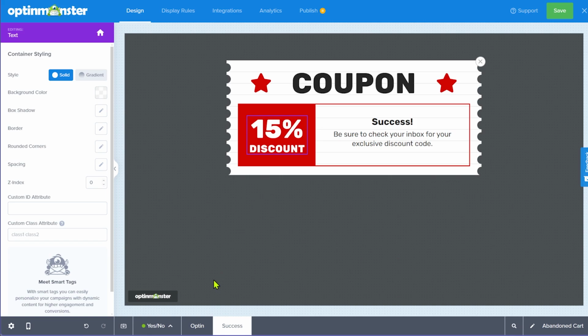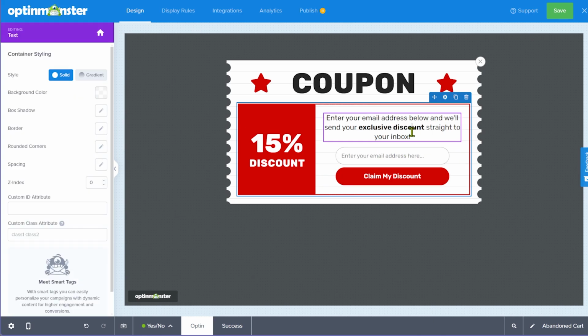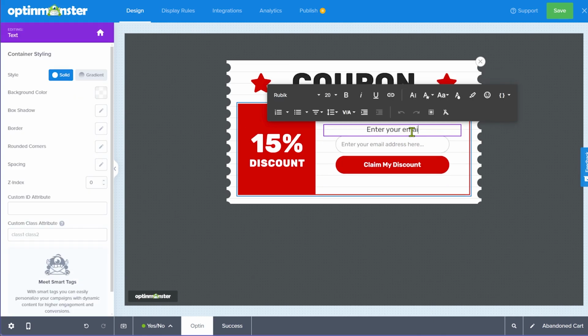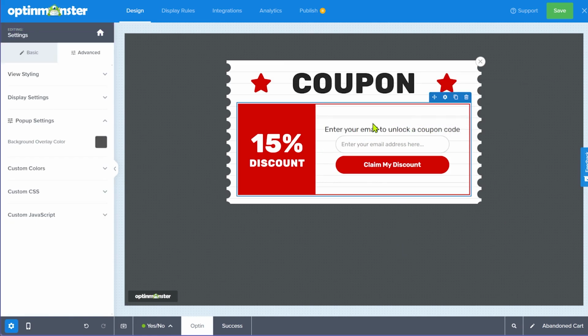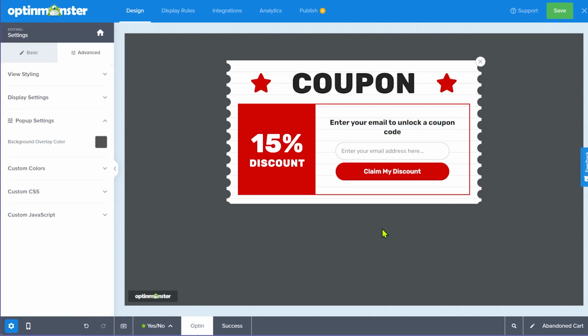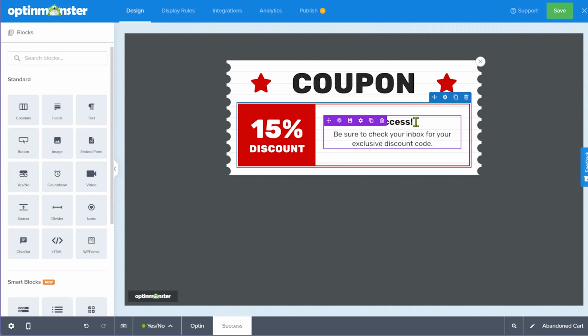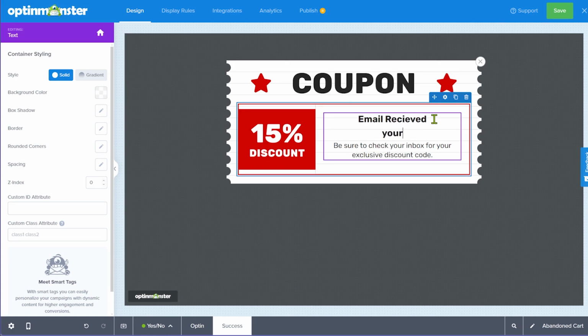So now you can do it both ways, or you can just say, hey, enter your email address and then it will be sent to you, or the discount will be sent to your email address. Or I can just say, enter your email to unlock coupon code. So what I'm saying is, hey, just enter your email address here and we'll unlock a coupon code right here on the screen. So once they do enter the email address and click claim my discount, I can go to the success view and I'll say email received. Your coupon is,